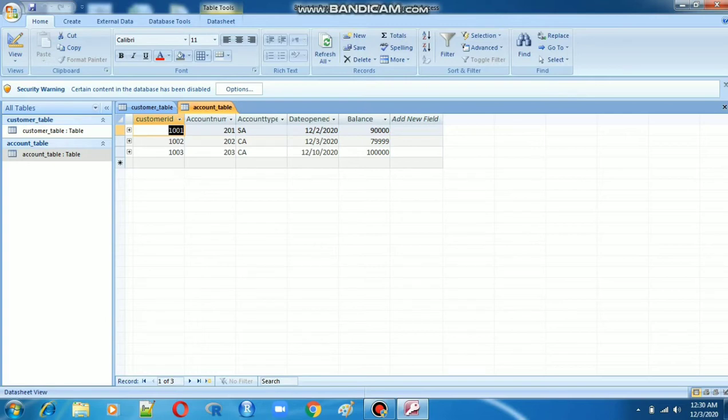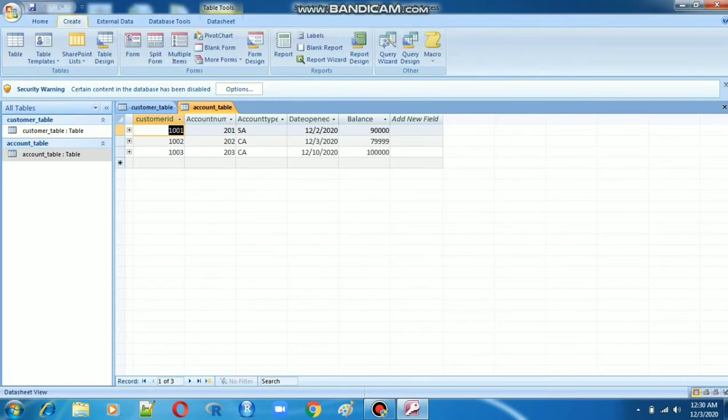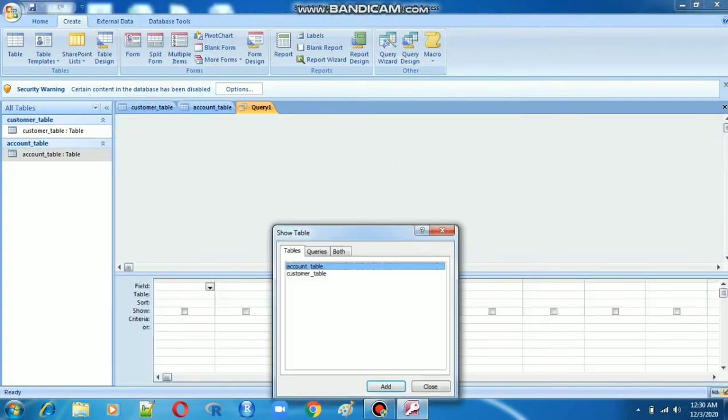Next, how to create a query, sir? We understand what a query means and for what purpose we use a query in a table itself. A query is used for accessing and displaying data in a table. That's all. How to create that query? First we are going to select query design view. Go to the Create option, and here itself click Query Design view.